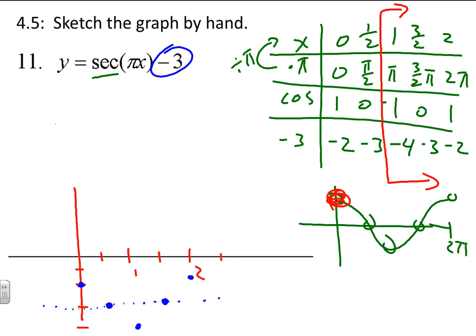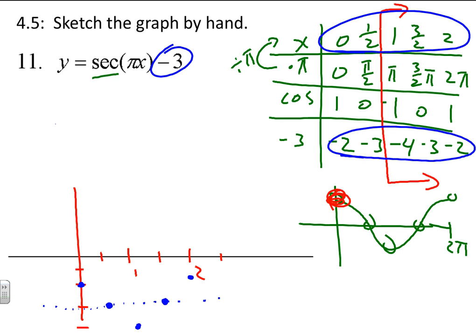Okay, how do those points that I just put on compare to all of the rest of those ordered pairs? After my mistake, I think I've corrected it pretty well. And those are our points, but that is the cosine graph. And we're not graphing a cosine function. Therefore, we need